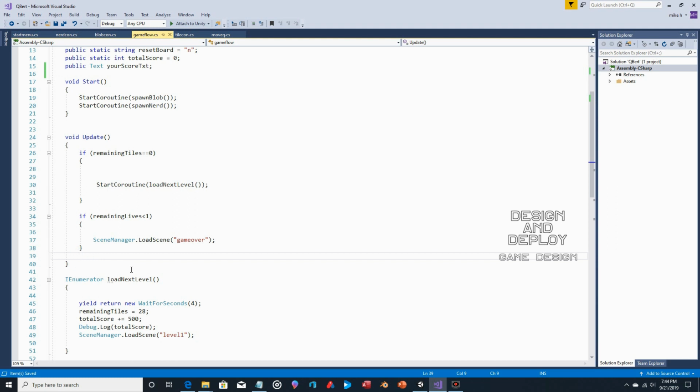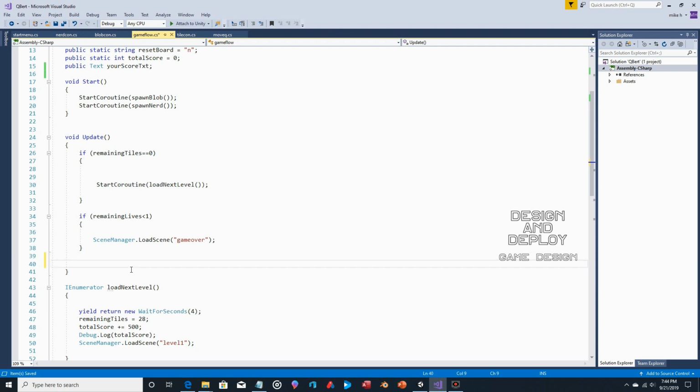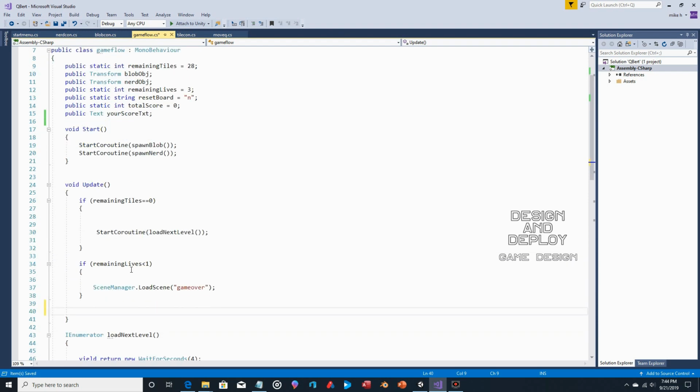Everything in the update section will be executed anyways. So now first we have to say what object we're changing. So it's the yourScoreTxt, and by seeing it in the list there, I know that that's the text object. So yourScoreTxt.text